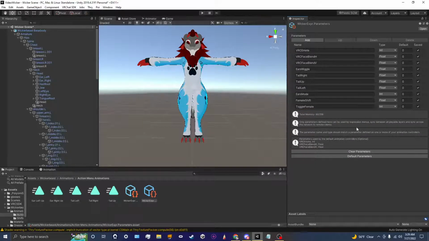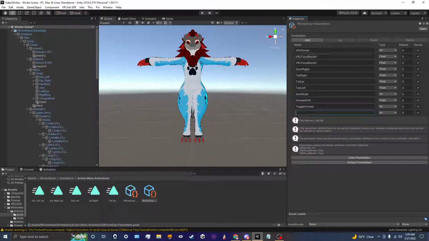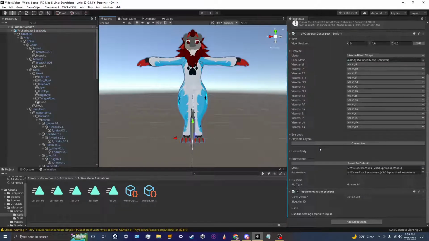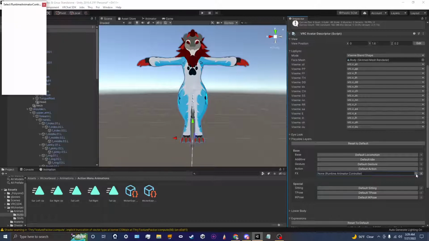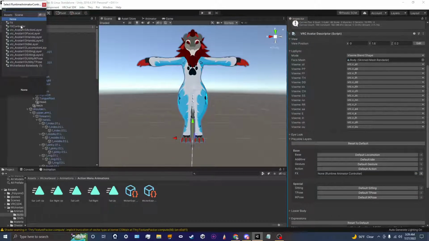Okay, now we're going to press add and name it Onesie with a capital O. Then we're going to go down to type right here, and we're going to set it as a bool. Now, I'm going to go back to the avatar, and we're going to set the FX controller,